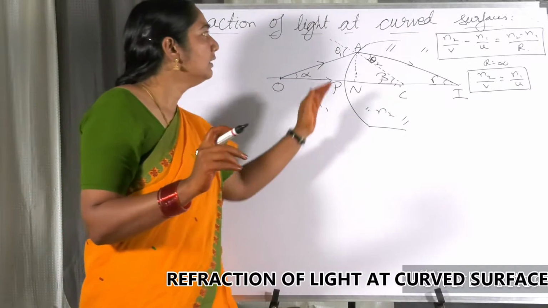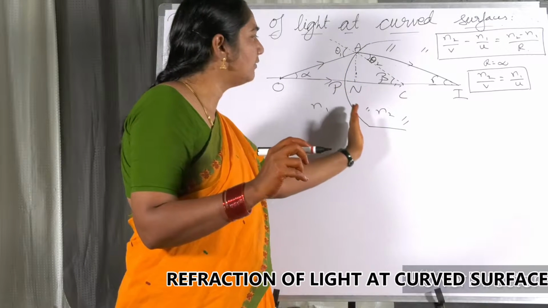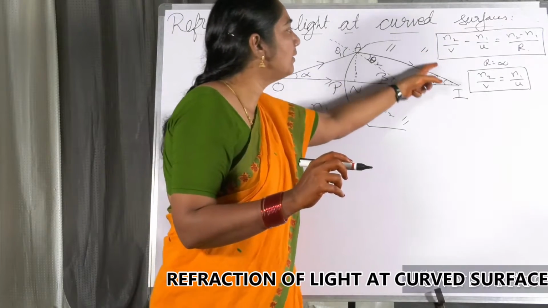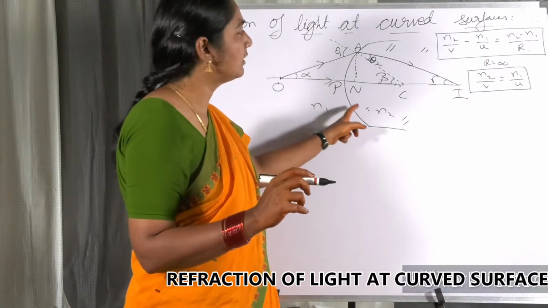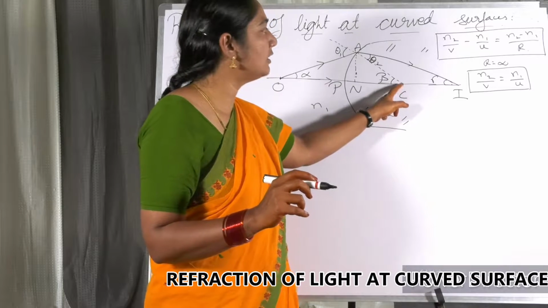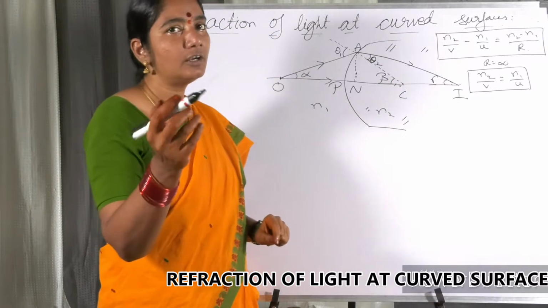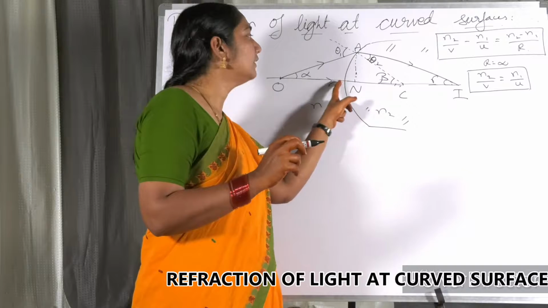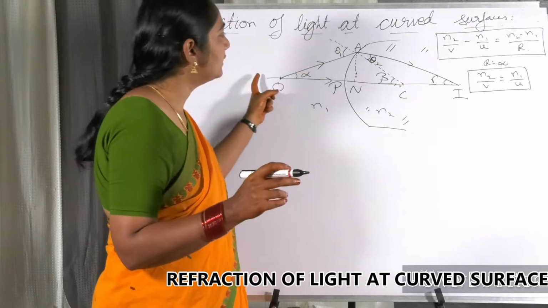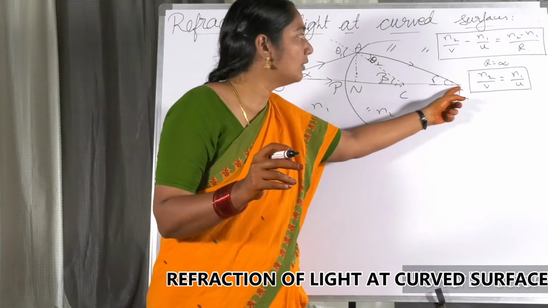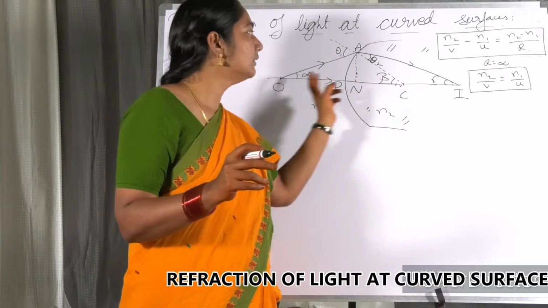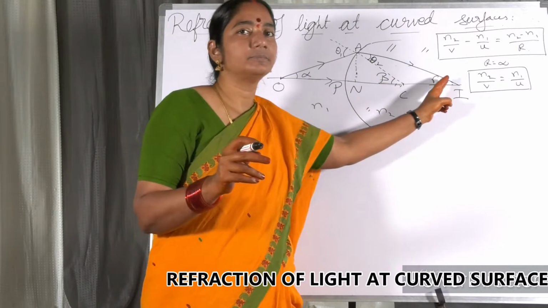Different terminology, because this is the curvature. Once again I am trying to repeat. This is the curvature. With this curvature, if we complete a sphere, a three-dimensional figure, that sphere has a center called the center of curvature. So already you know about it. And here, this is called the pole. Already you know that also, the pole. The imaginary line which is drawn through the pole and the center of curvature is called the axial line, the principal axis. This is called the principal axis.